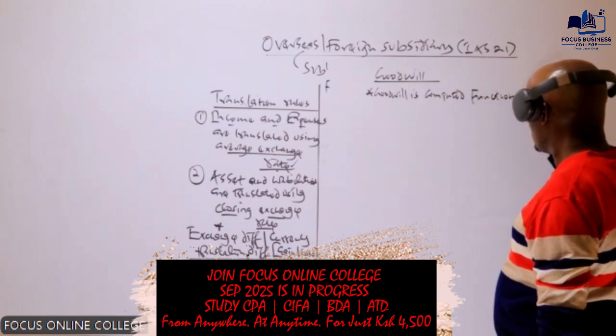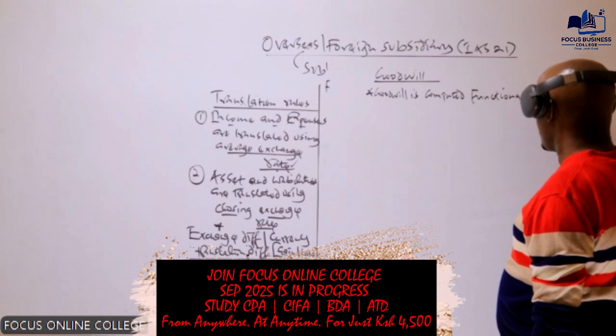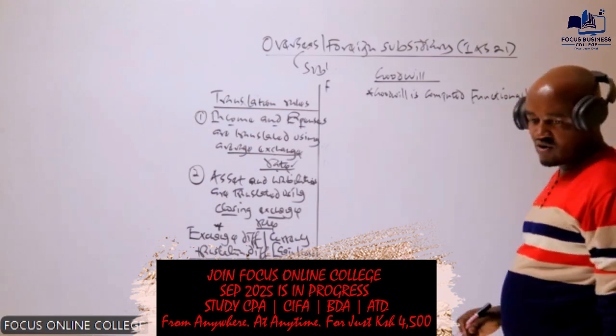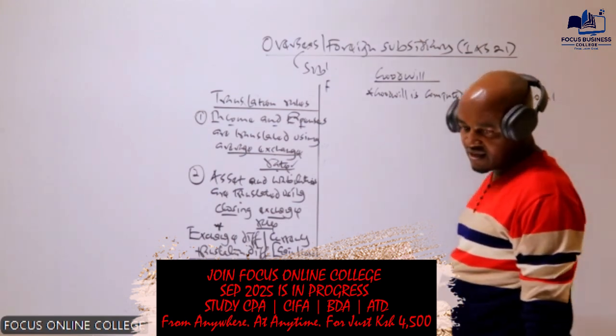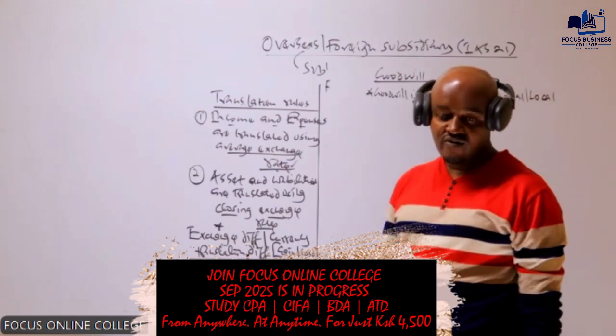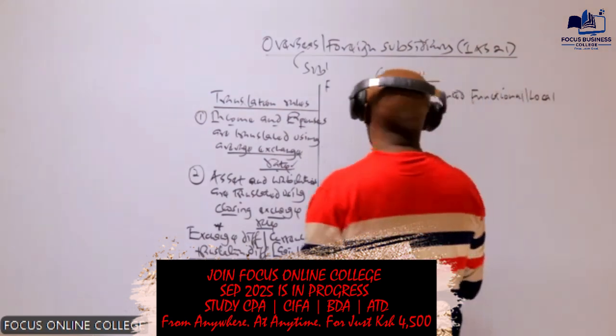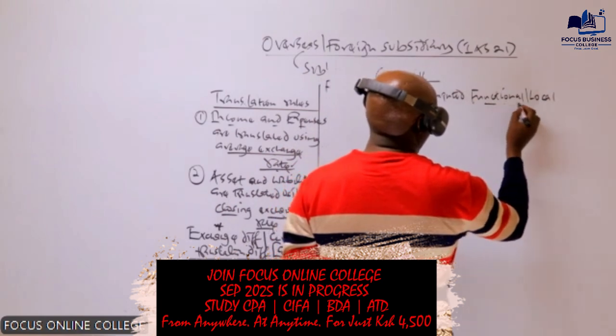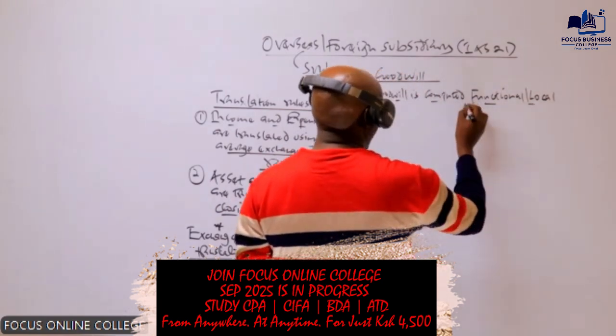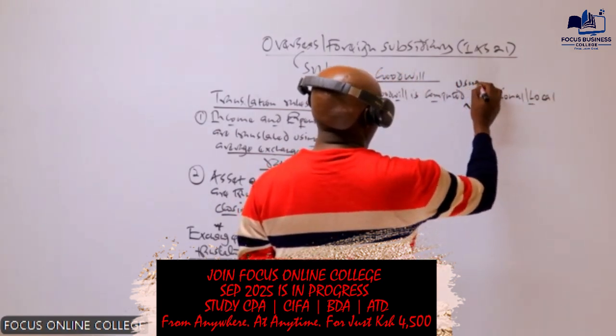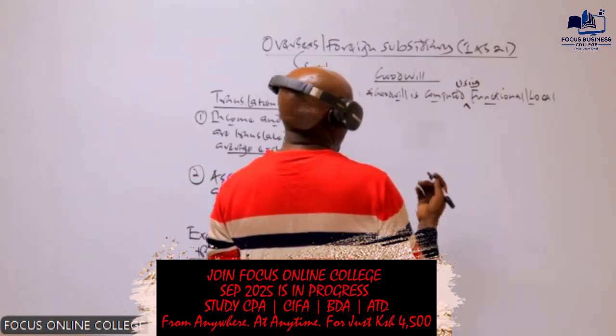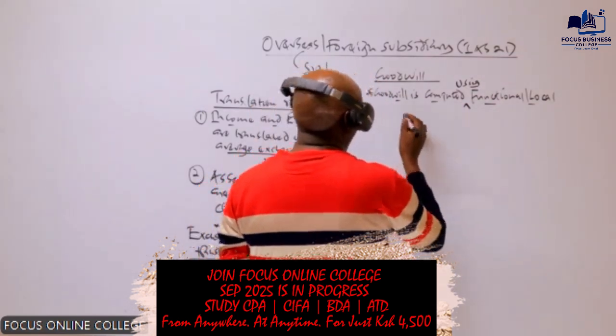The functional currency, remember, is the local currency. For example, the local currency of Kenya is Kenyan shillings. The local currency of Rwanda is Rwandan franc. So goodwill is computed using the functional or the local currency